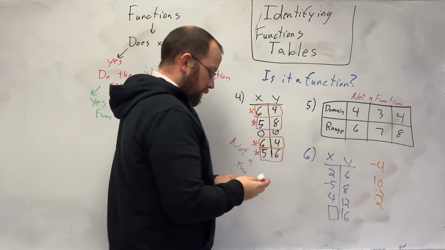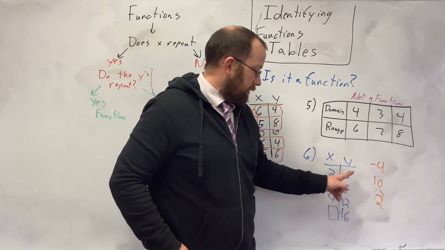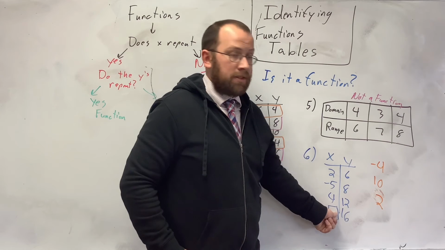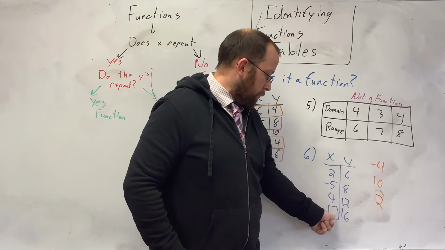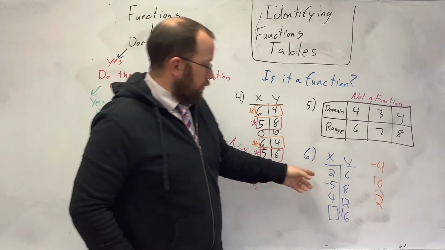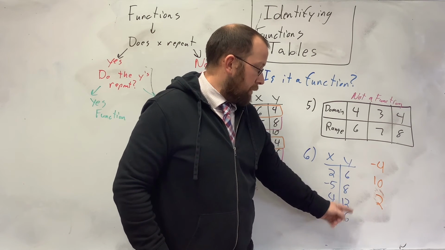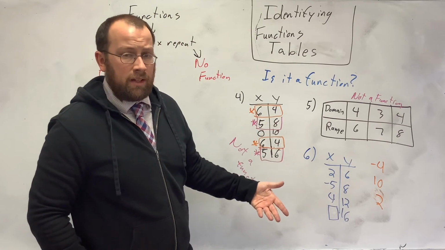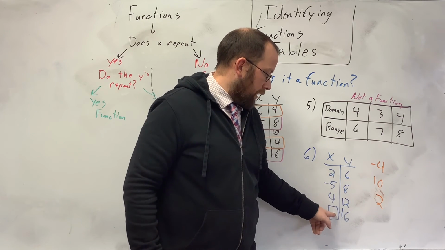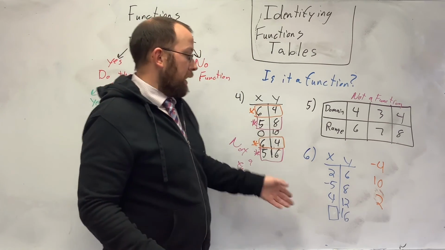All right, and this one down here. So this is a table with a missing blank. So I have 2, -5, 4, blank. 6, 8, 12, 16. Which of these numbers cannot be that answer right there? So can -4 be it? What I'm asking you is basically this chart. So that does not match anything over here. That's 16. There's only one 16. So that means that it can't be an x that repeats if this is a function. So the answer has to be 2. 2 cannot go there. But 10 and -4 both can, because it would make it correct, because then none of